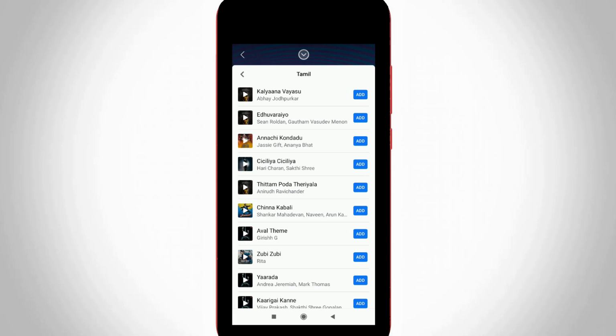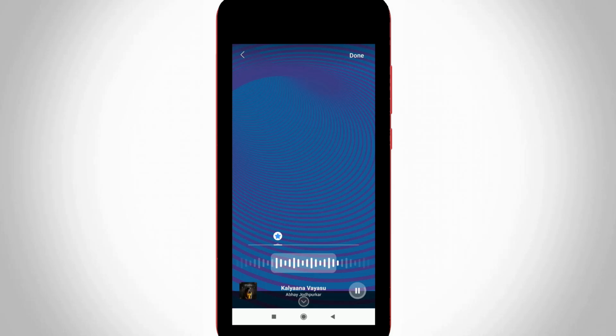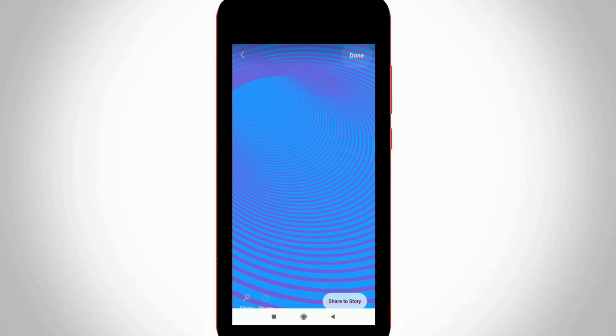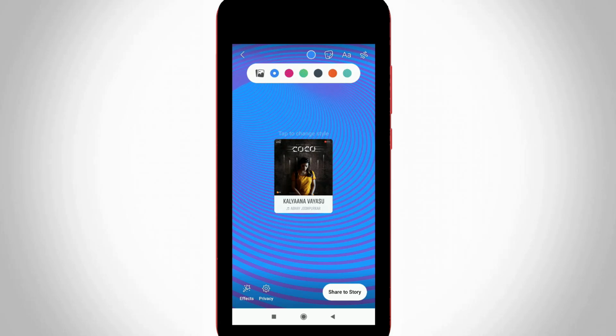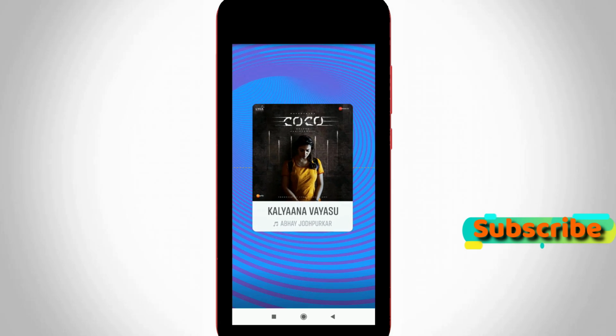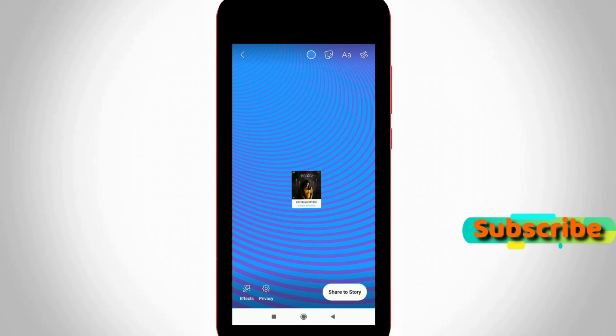So once your selection process is completed, just press the add option. And one more time you can press done, and it is located at almost the top right side corner. And then it shows my song preview. So if you want to enlarge this preview, just tap on it and also add some effects by using these